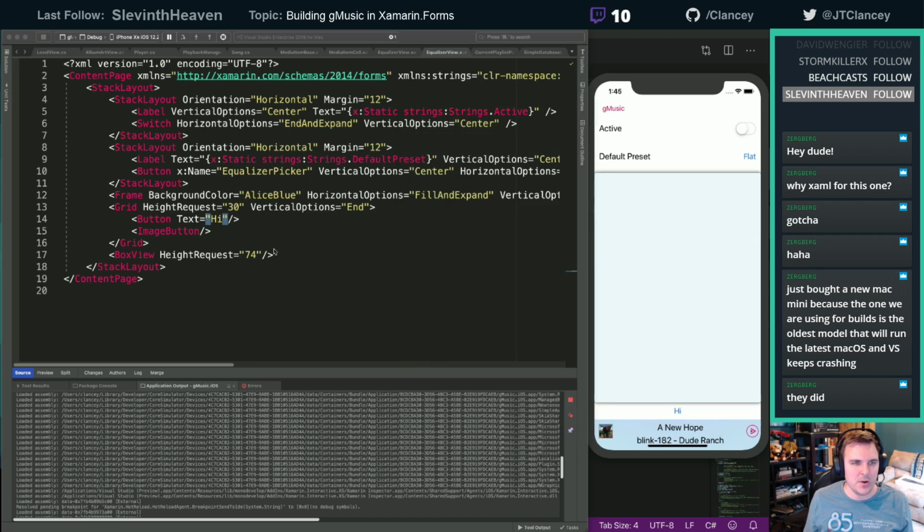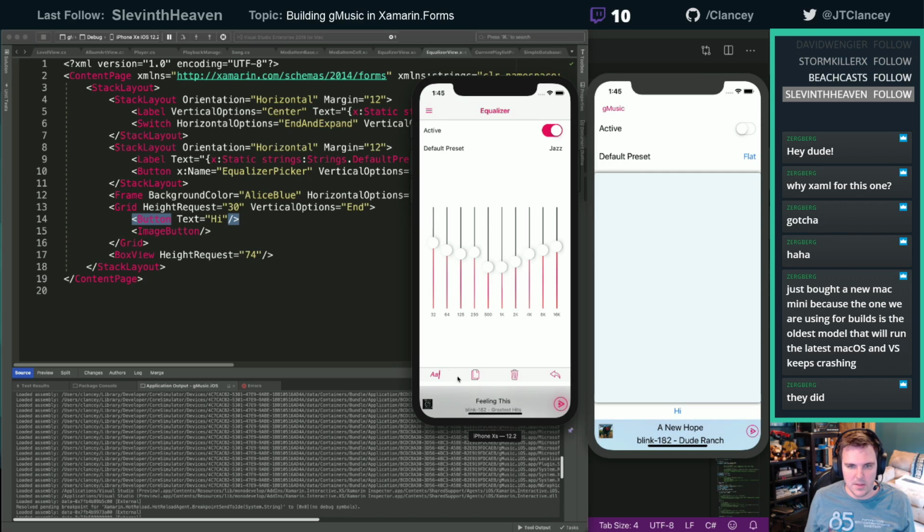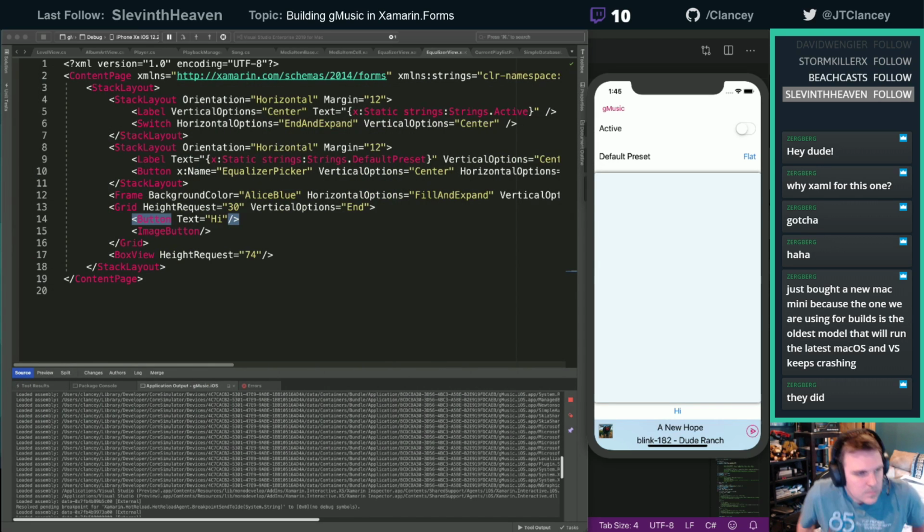All right, perfect. And then on this, we need one. This is the rename. This is duplicate, delete, and revert. Okay. So we're going to just add 4 of these.